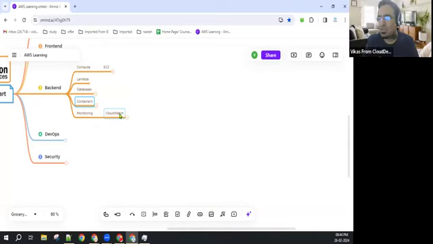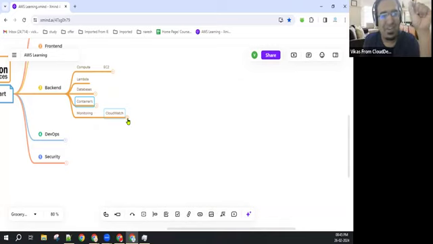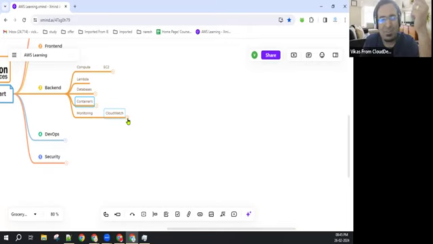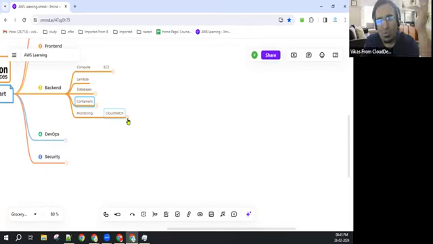Now, still 3 components are inside CloudWatch. What all? Any guess? Someone already gave the answer a couple of seconds back, but guess it again. Notification. I agree. What is the service name for notification? SNS. Good. What else? It keeps the logs of the activity. Okay. What else? Alarm.